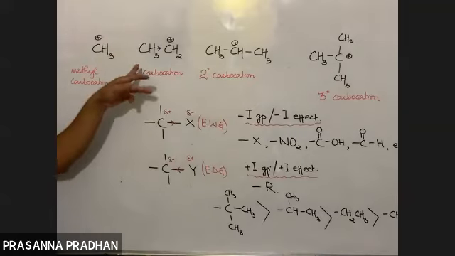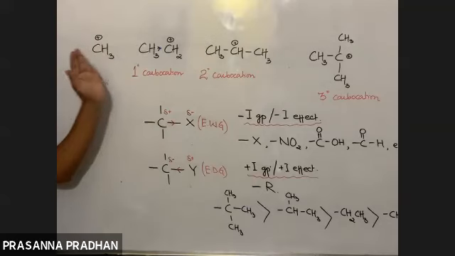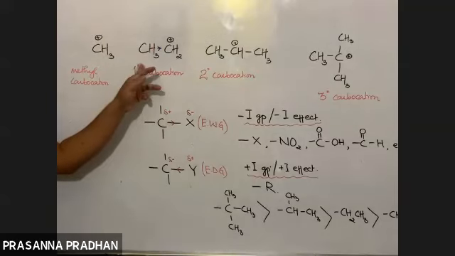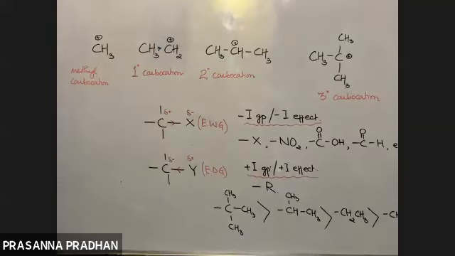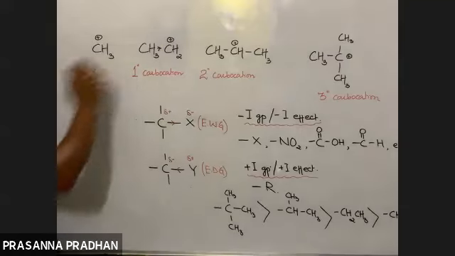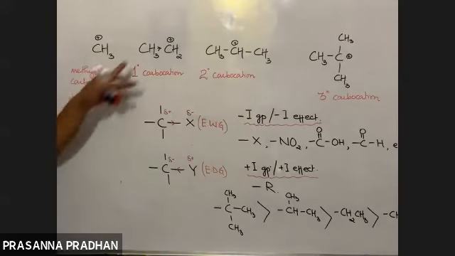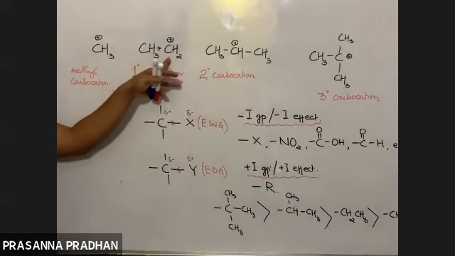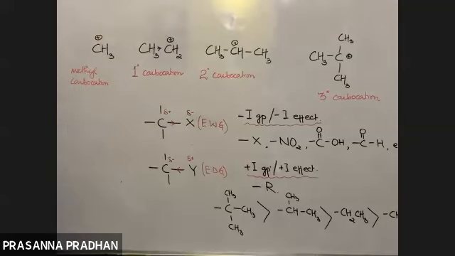Yes, please tell me. Alkyl group is pushing electron. It's an electron donating group. As it donates electron, what will happen to the positive charge? It will get neutralized, or it will get enhanced? The positive charge will increase or decrease? Obviously, the positive charge will decrease. It is getting electron, it is getting negative charge. So the positive charge will get neutralized.